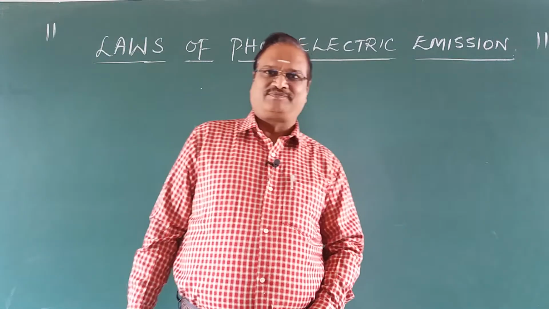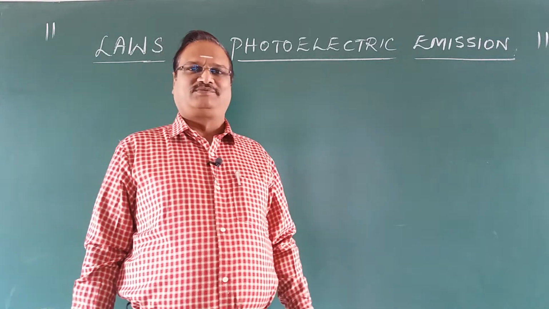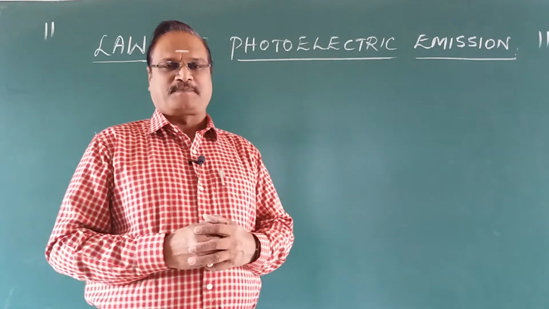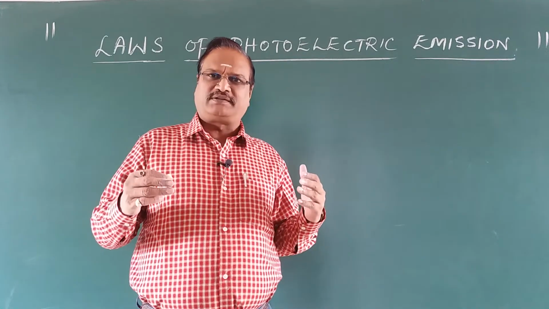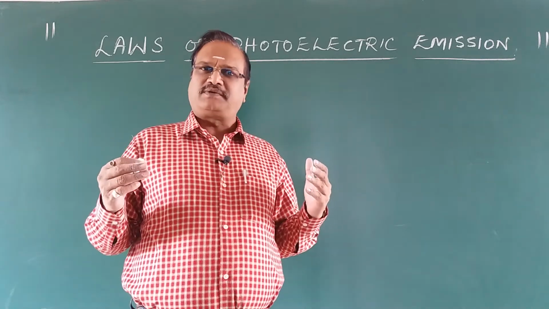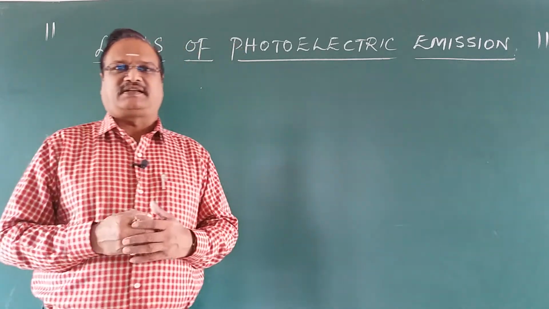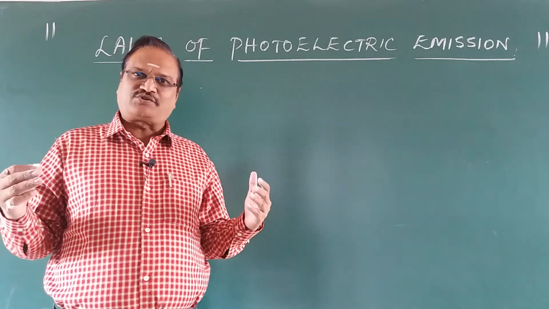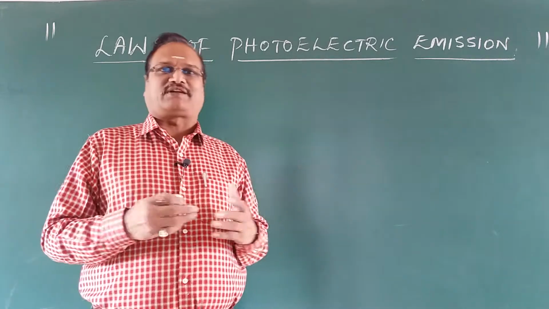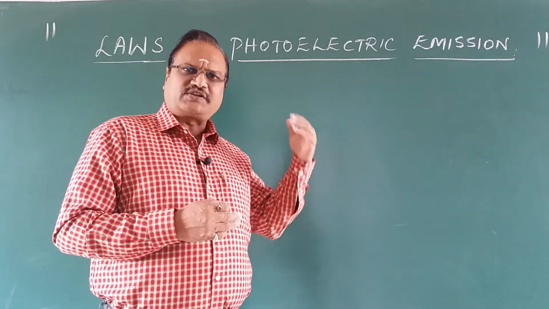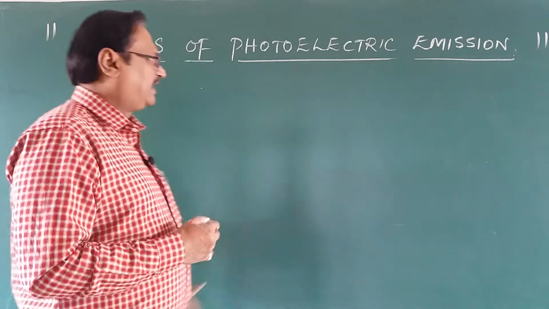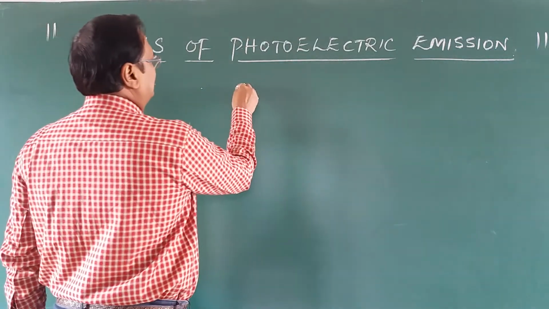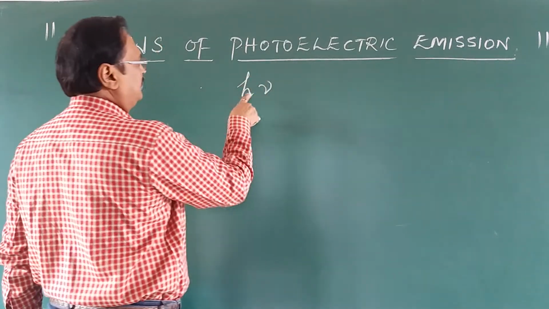Hello students, in this video we will continue with photoelectric emission. We know that when light of sufficient frequency is incident on a metal, it gives out electrons, and these electrons we call photoelectrons. And also we studied more about it, Einstein's photoelectric effect, where we said that the incident photon energy